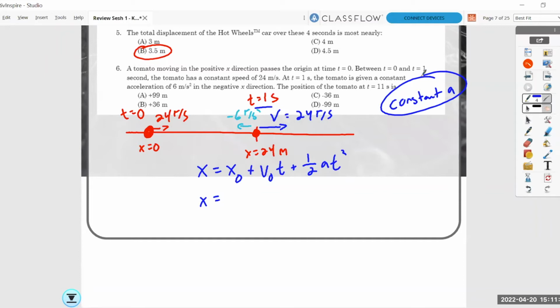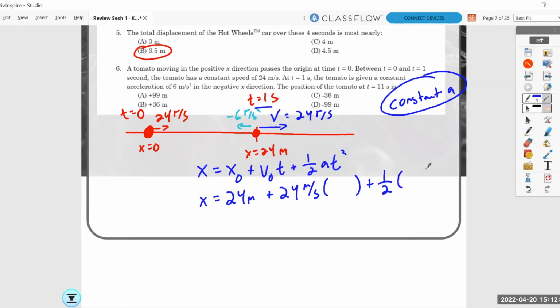So we're going to start at t equals 1 second. If we start at t equals 1 second, I'm starting here at a position of 24 meters. Cool. My initial velocity is still 24. I haven't started slowing down yet. And I'll leave a big suggestive blank for the time. Plus 1/2